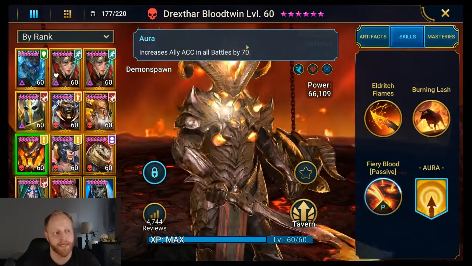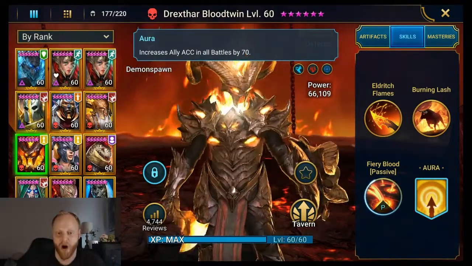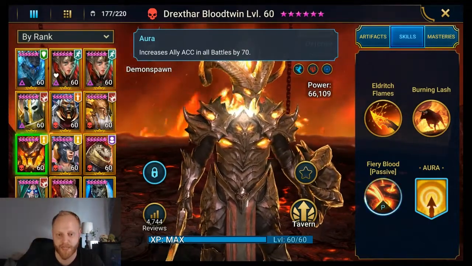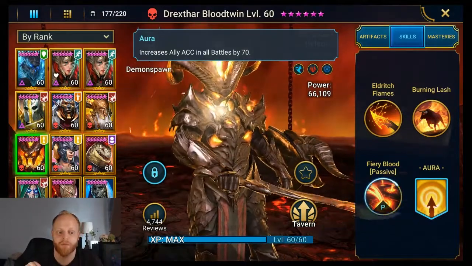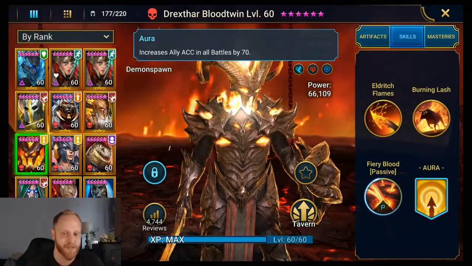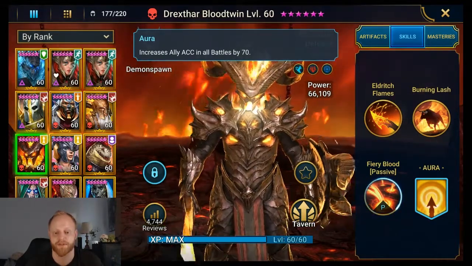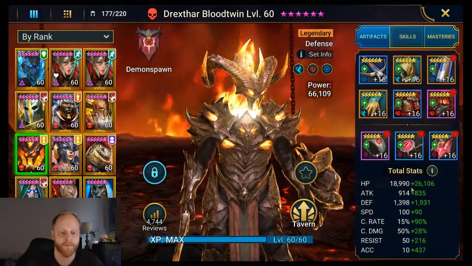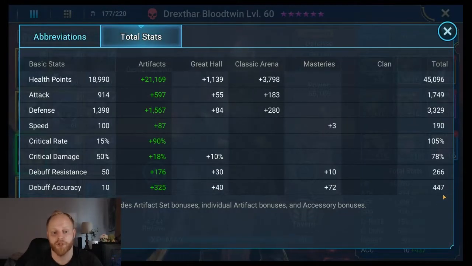Another thing I use him for is the accuracy. On hard floor 70 in the Doom Tower, Sorath has 200 speed, 200 accuracy, and 200 resistance. Now, that 200 resistance is only if Sorath is under an HP burn. When there is no active HP burn debuff, Sorath's resistance goes up to 475. So I use this aura to get me up to 517 accuracy, which gives me just enough to really be able to consistently land that HP burn and not have to worry about it getting resisted or it just not landing and him getting revived